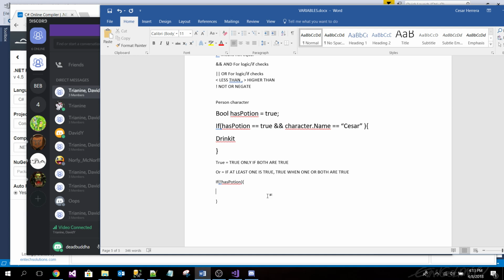In this case, if potion is true, when would this execute? If the character doesn't have a potion. That's right. So if it's the opposite, basically this does the opposite of whatever the value of this is. So you're correct.